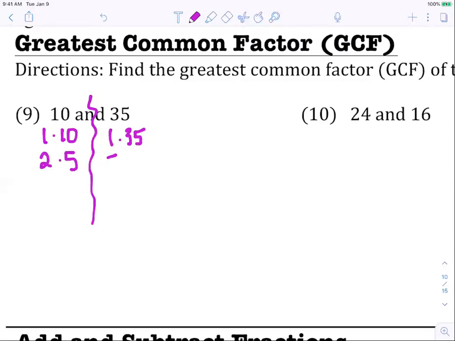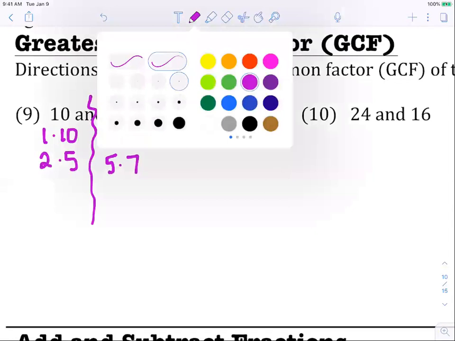You don't reach your next factor until 5. If you divide by 5, you get 7. And then the last number we would really have to check is 6. That would come after 5, but that doesn't work. That produces a decimal as well. So if we're going to find the greatest common factor, the next thing I'm going to do is